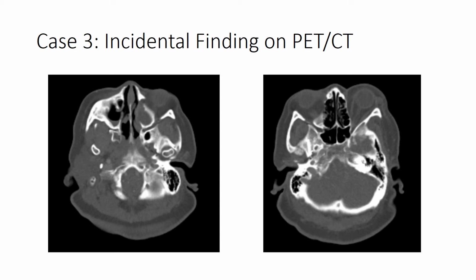Case 3 is an interesting case I saw on my nuclear medicine rotation. So this patient was getting a PET scan because the patient had lung cancer, I think. And when I was scrolling through the head portion of the exam, I noted that the left condyle was in good position within the joint, but the right condyle seemed anterior within the joint, or maybe even partially out of the joint. So I kept looking,